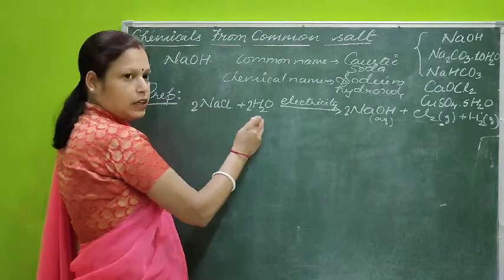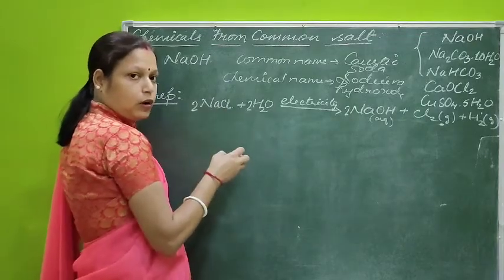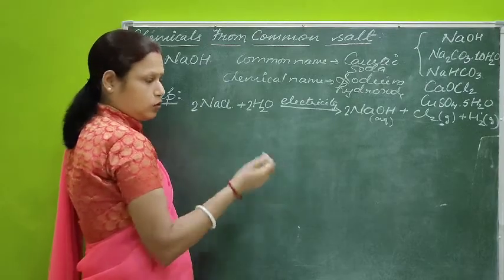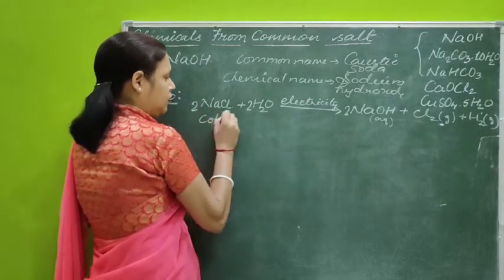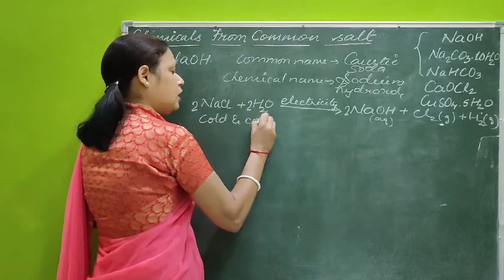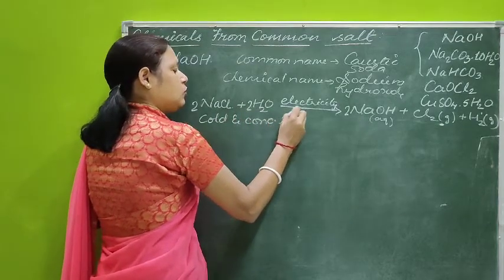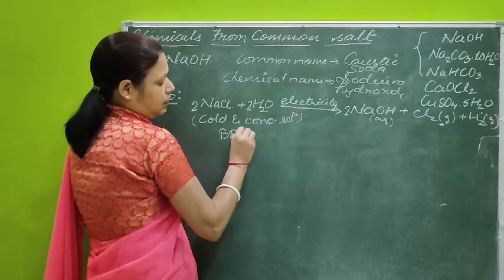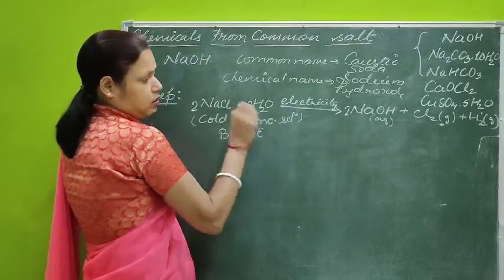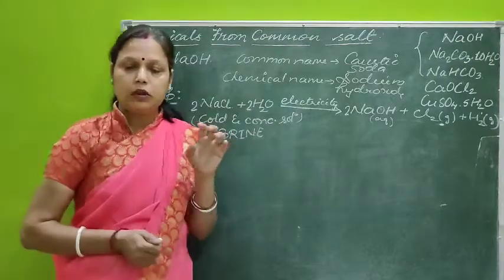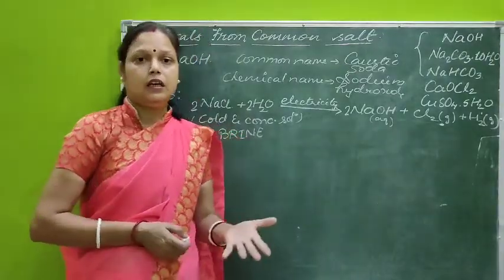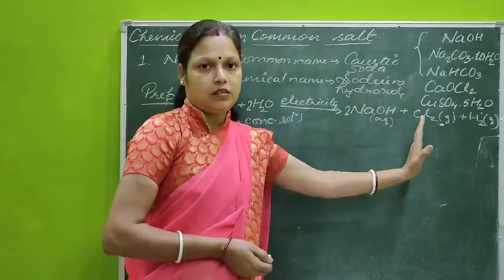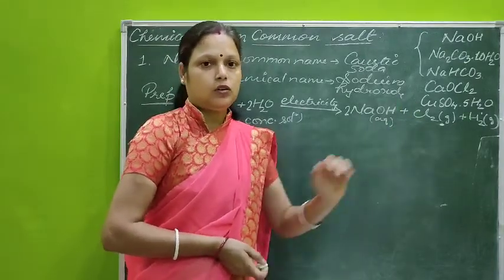This solution, where sodium chloride is added in cold, normal room temperature water in excess amount, is a cold and concentrated solution. There is a specific term given for this, that is brine. Then I can also say that electricity is passed through the brine in order to obtain sodium hydroxide along with the two gaseous byproducts, chlorine and hydrogen.